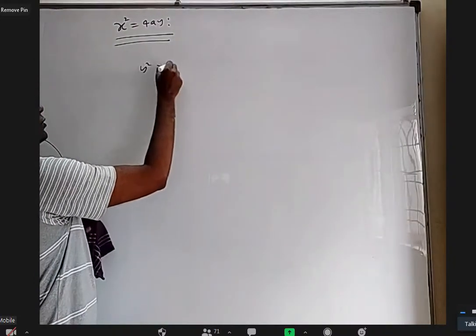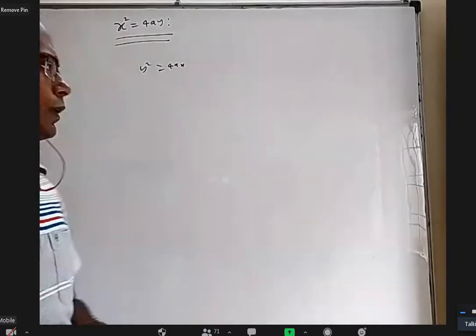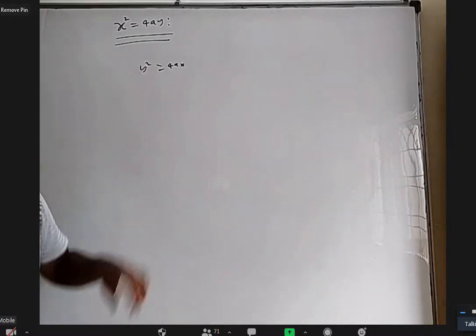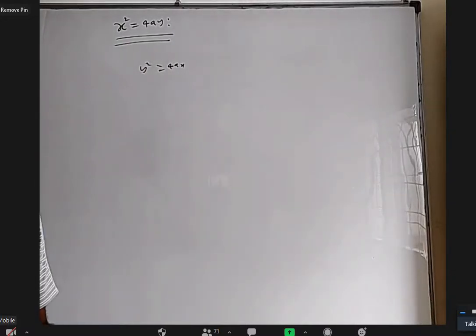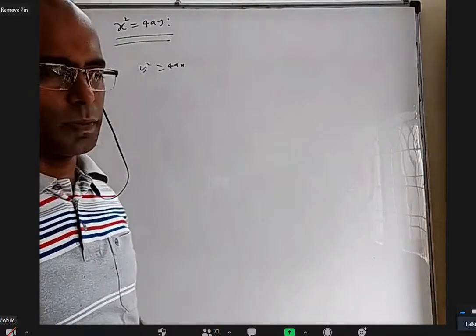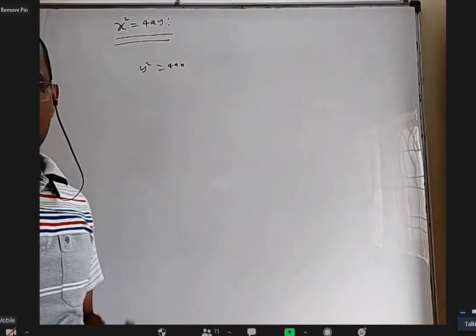So now, what is the difference between y square equal to 4ax and x square equal to 4ay? Two ways to understand. X became y and y became x, which means these two are mirror images of each other with respect to the line y equal to x, because the image of a comma b is b comma a. That is one. Second thing is you rotate the axis by 90 degrees.